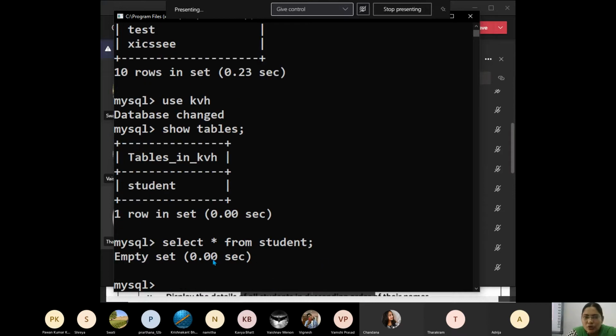Okay, so now is there any content in that? Because we dropped it. After dropping, we have again created the student table. Okay, this much is clear. Now I forgot what roll number I gave. What are all the table columns I have given? What constraints did I give for student? What are the fields? What type of values do I have to insert? How do I know? Using describe. Okay, describe student.